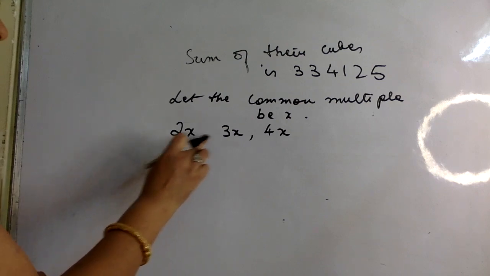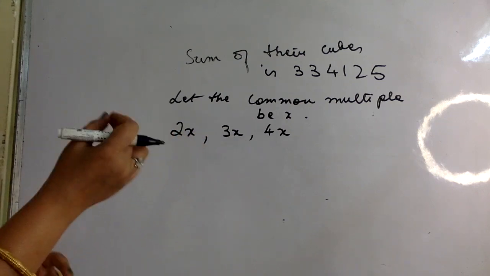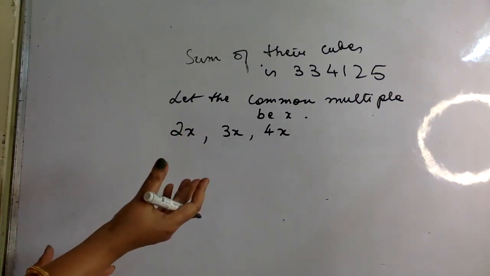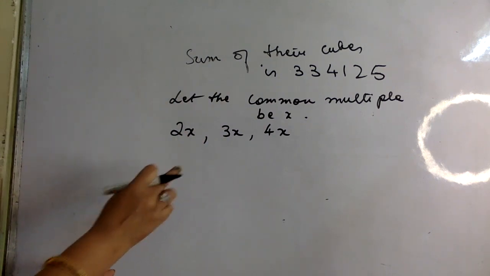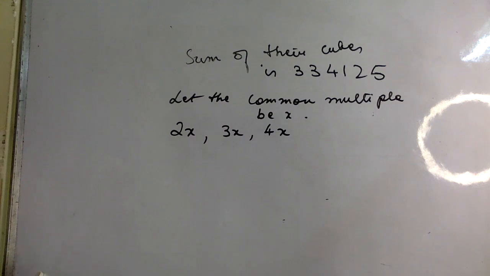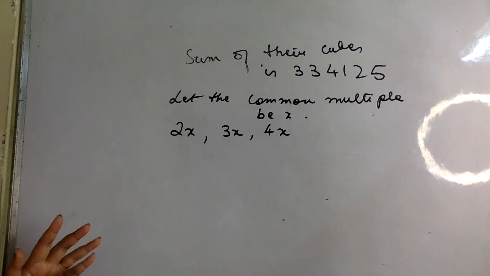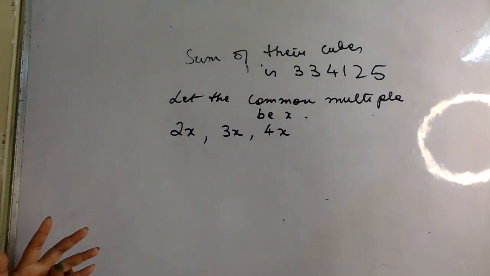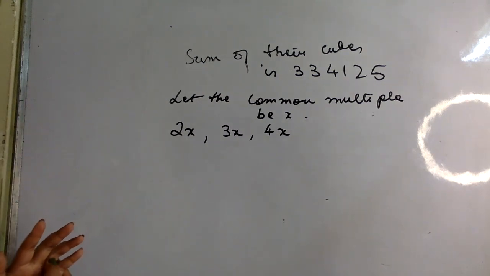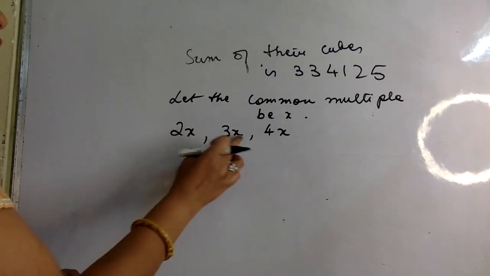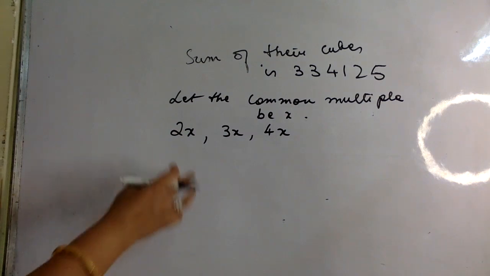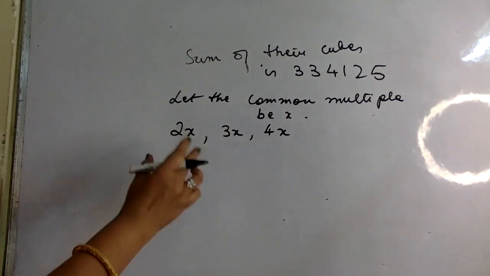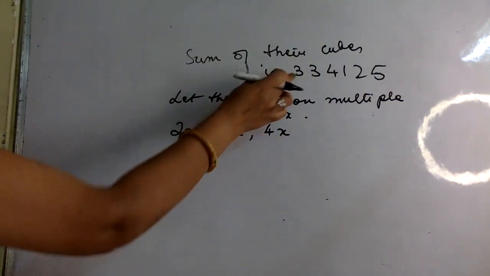Okay, now remember x was the same number. What is a common multiple? It is that number which was cancelled out when you converted them to ratios. Because remember, ratios are two numbers written in the simplest form, like a fraction written in the simplest form, which means you have cancelled out some common factor. When you multiply that common factor back, you gain the numbers from the ratios. So it is very important to do this, because unless you convert them to numbers, you won't be able to